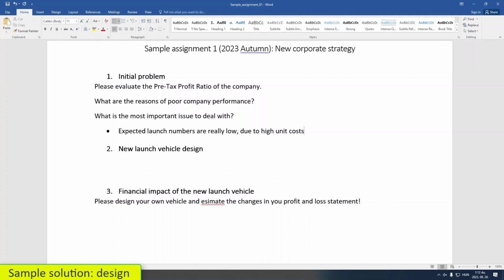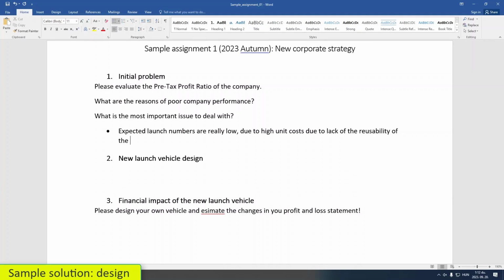High unit costs due to lack of the first stage. So first, lack of reusability of the first stage is one thing. Also, we know that